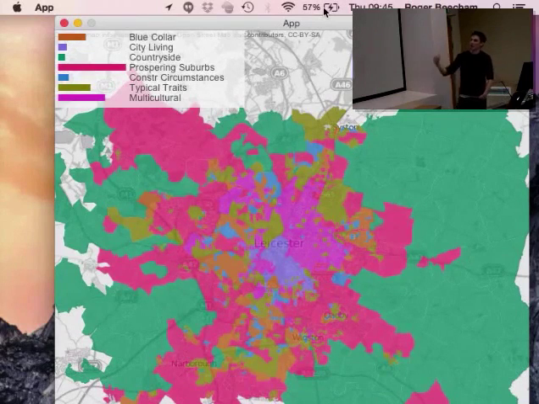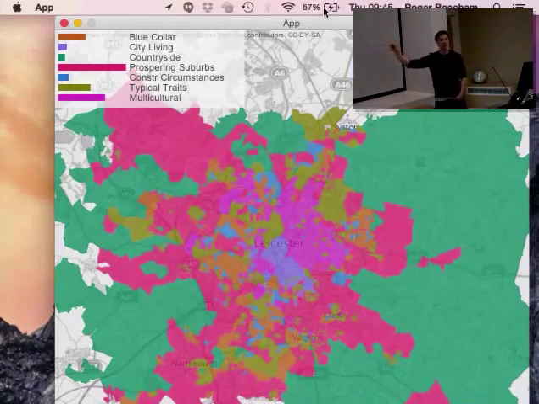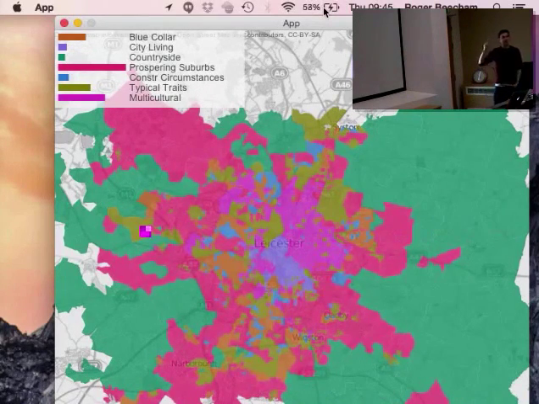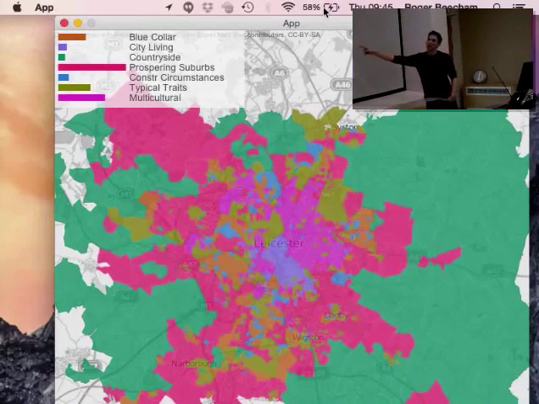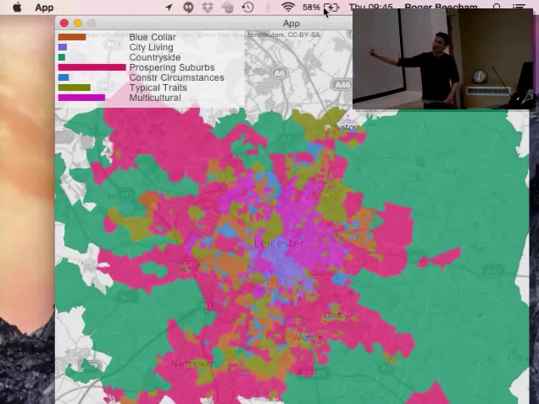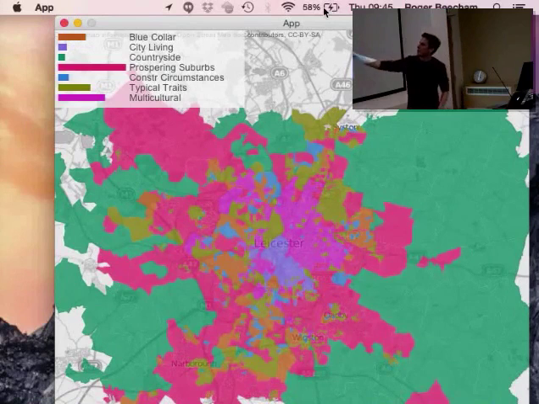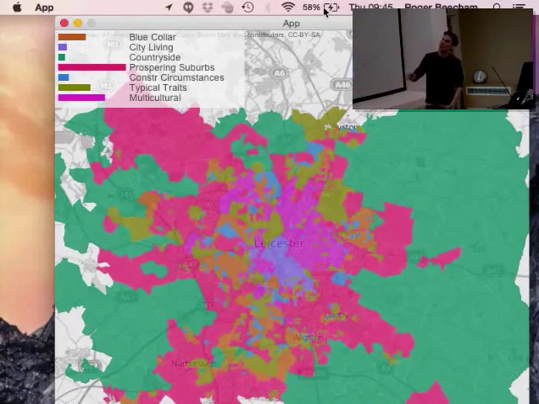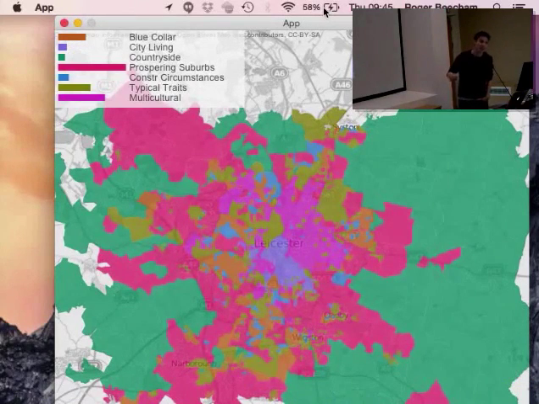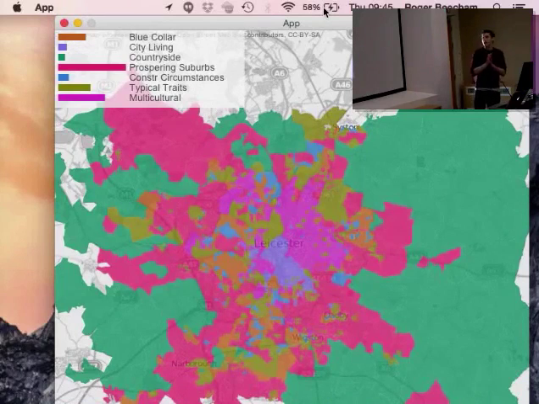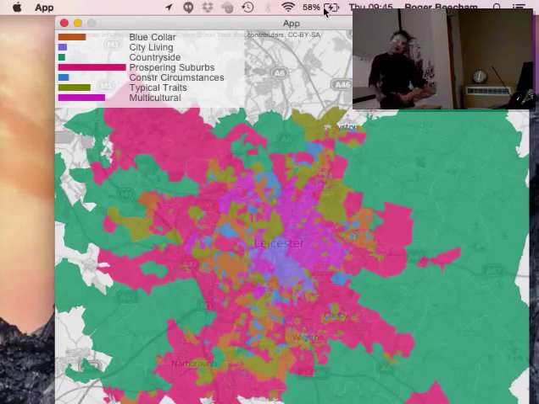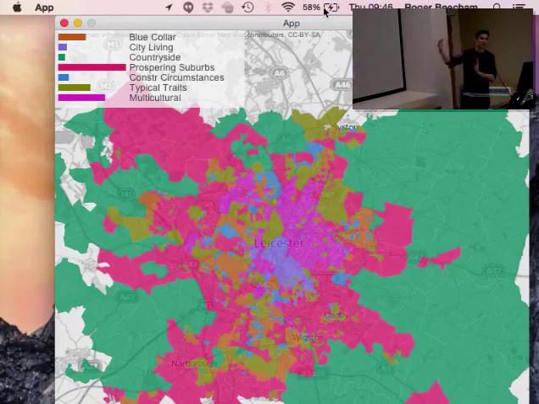But there are uncertainties associated with membership of each of these groups. So I was trying to communicate earlier that there are probabilities associated with how likely this area is to be really close to countryside. So it could be labelled countryside, but it could be labelled multicultural, for example. Similarly, this one that's multicultural could be labelled, let's think of a more likely one, city living. So this one here is closest to the prospering suburbs one, but it could also be labelled something else.